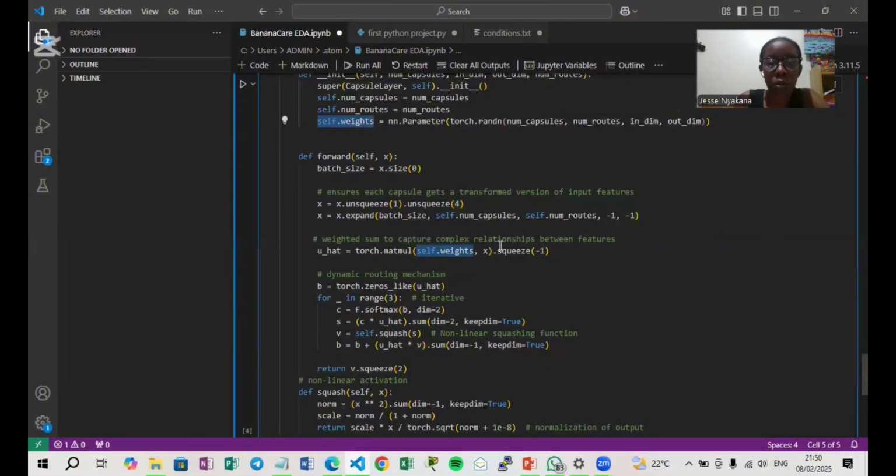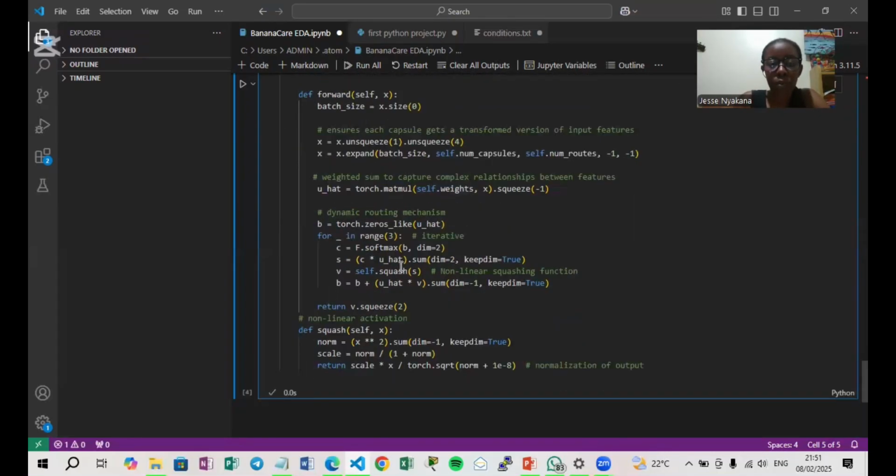This is a weighted sum transformation that's used to capture complex relationships between features. The significance of this is for the capsule network to detect groups of features that are together. So it will detect that if these groups of features are together, then this leaf probably is infected with bacterial wilt. So you can say it is modeling interactions between the features of these leaves